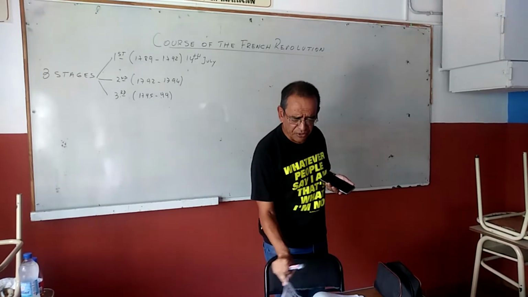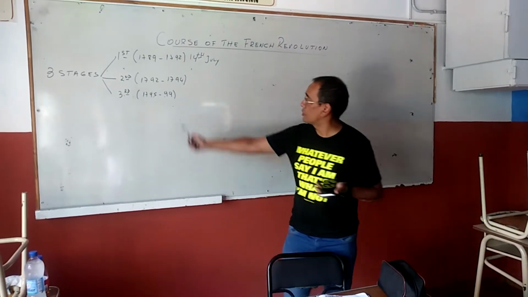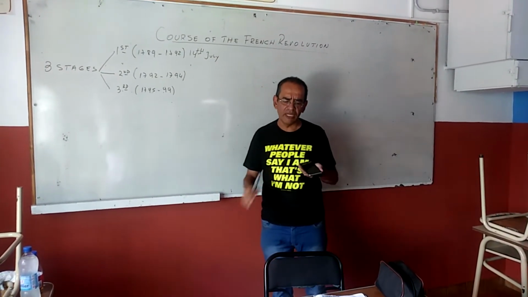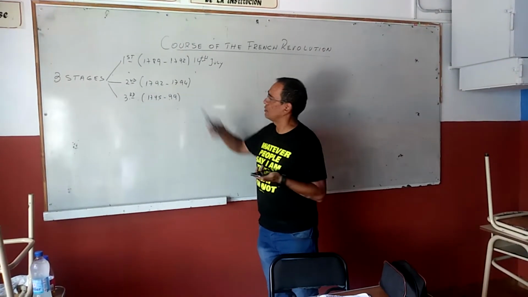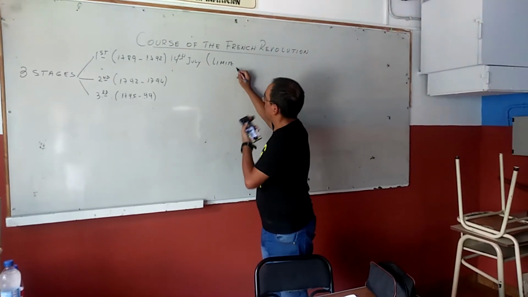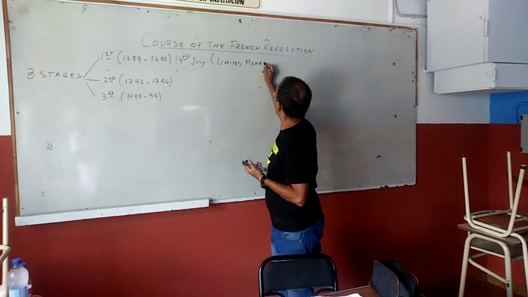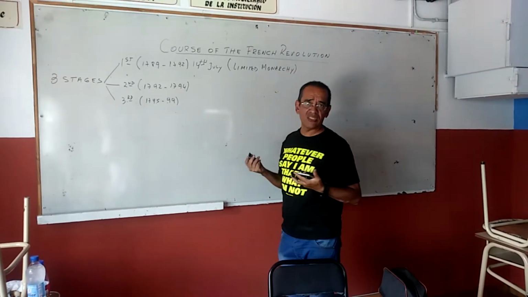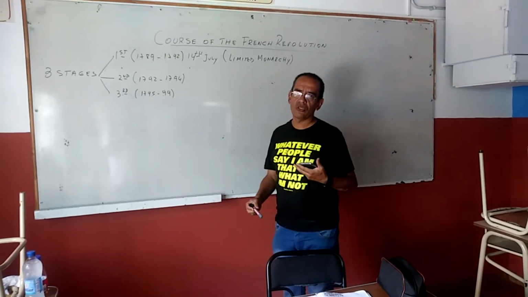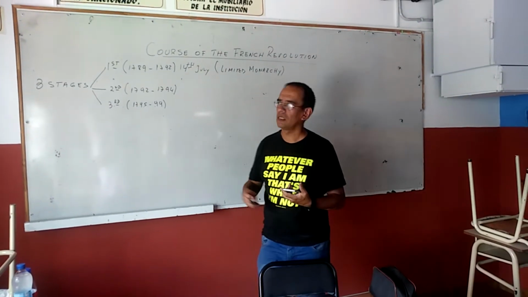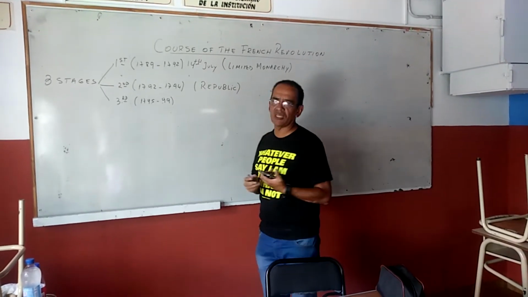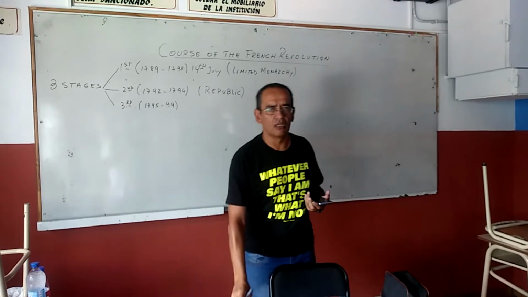Well, after the first stage, obviously, came the second stage, which started in 1792. It differed from the first stage greatly in many ways. Remember, here the system was a limited monarchy. So the king existed, was just a decoration, but he had some rights. In the second stage, the king was suspended and France became a republic. First, the king was suspended, but then he was